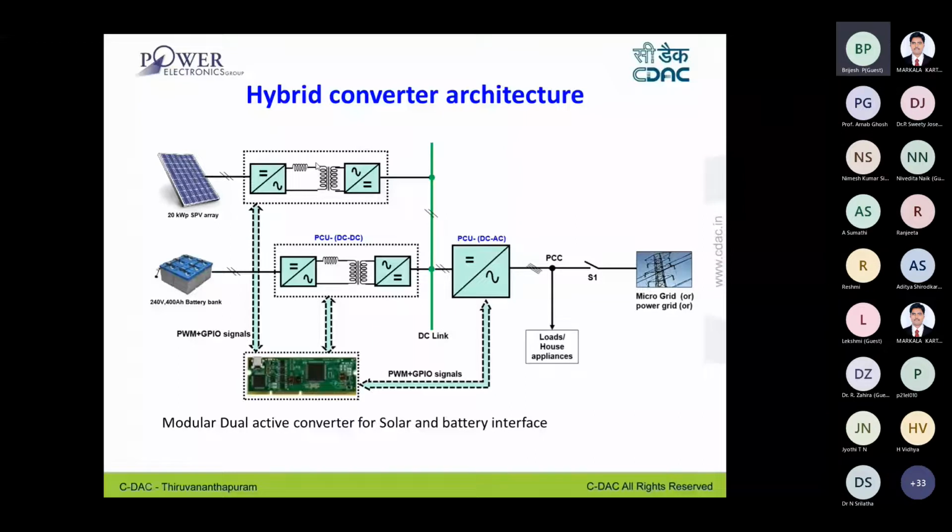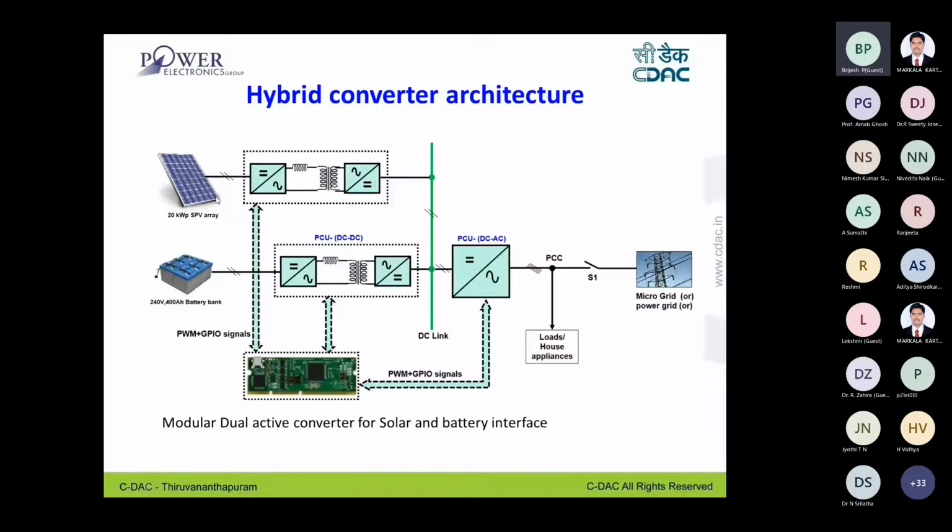So in this, what we selected is high frequency isolation topologies. Now the 50 hertz isolation is going to the high frequency side, about 50 kilohertz isolation. So magnetic components are reduced. Such a topology we selected. Dual active bridge topology is selected for the DC-DC converter.